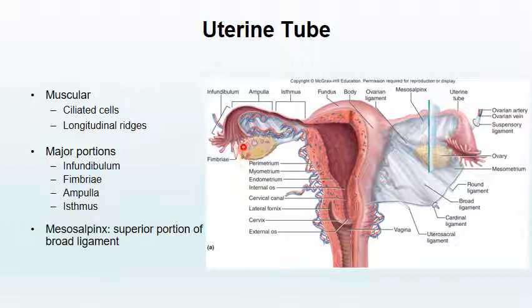When we look at the structure of the uterine tube, we see these longitudinal ridges. You can see those in here, nice long ridges running along the length of the uterine tube. In the uterine tube, we also have ciliated cells. These are motile cilia, those hair-like projections, and because they're motile, that means that they beat. The egg is going to come out of the ovary, hopefully land in this uterine tube, and then the cilia are going to beat and move that little egg down the uterine tube and